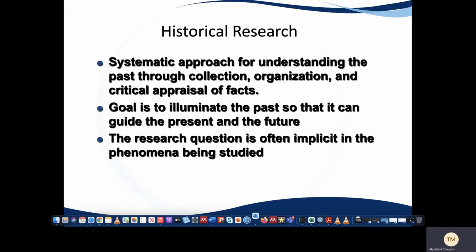And then finally, the very, very last tradition that we look at is this historical research. It's another form of qualitative research, but this is a systematic approach for understanding the past through you collecting, organizing, and critically appraising the facts that relate to historical events. So basically, the goal of historical research is that you bring a light to the past so that you can reflect on how the past can inform future, the way we understand our present circumstances, and the way we plan